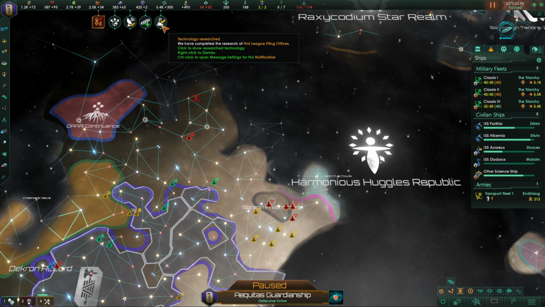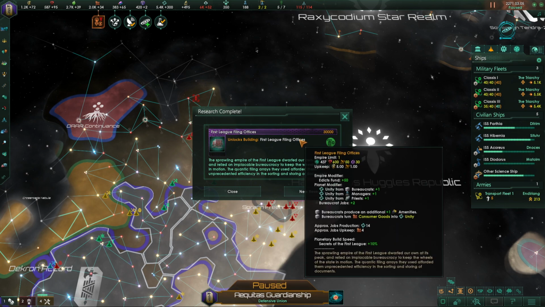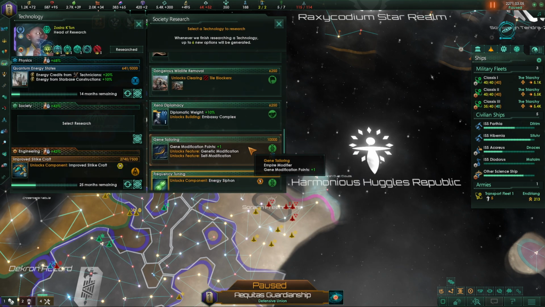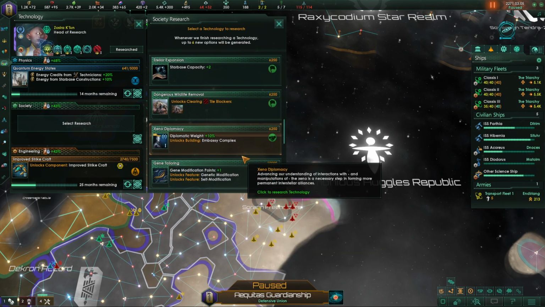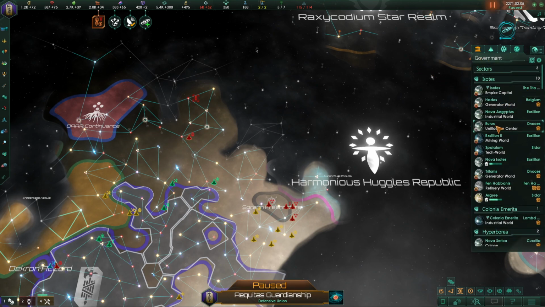Technology discovered. Firstly, filing offices is done. That's excellent. I can have 1 per empire. It gives me 50 edicts fund, and it increases a planetary modifier for bureaucrats, managers, and priests. Excellent. Gene modification could be good. Diplomatic weight in the embassy complex could be really good too. Let's grab that. Let's go to our Unity planet